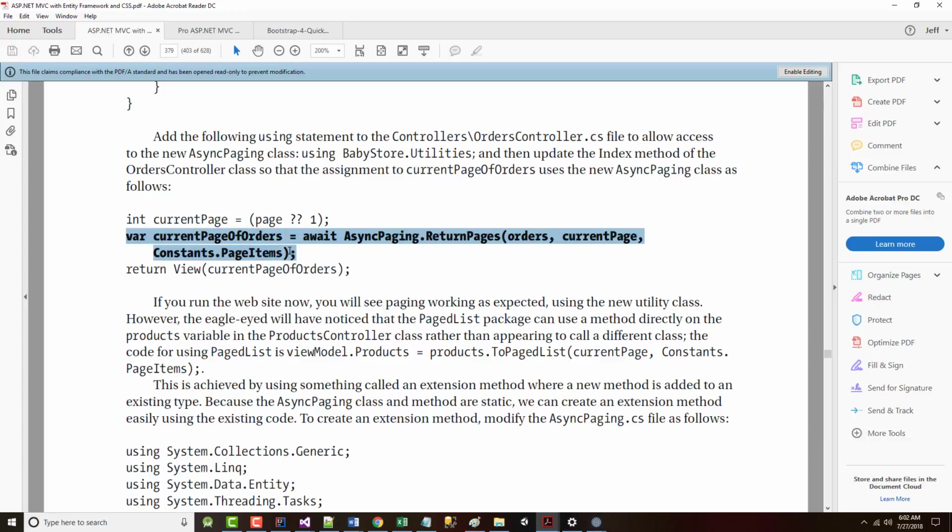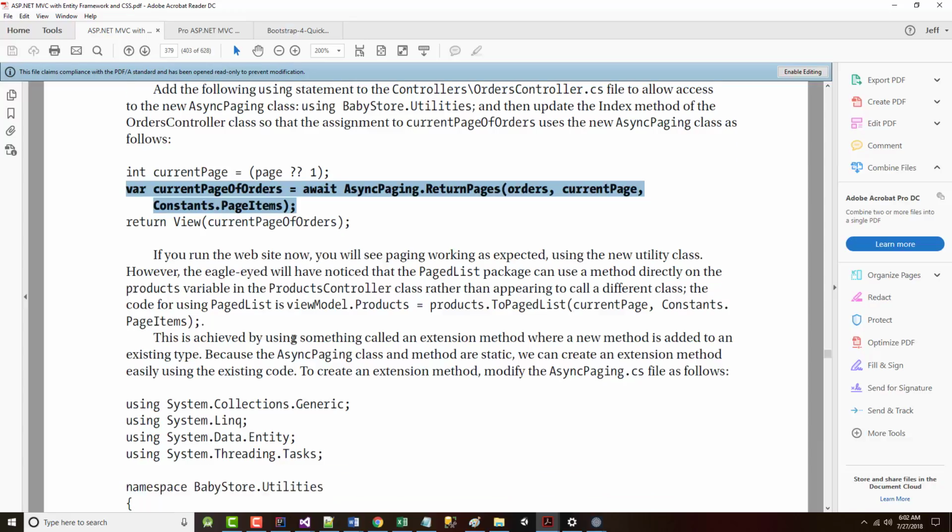All right, so we have this. It says if you run the website now, you will see the paging working as expected using the new utility class. But you may or may not have noticed that the PagedList package uses a method directly on the products variable in the products controller